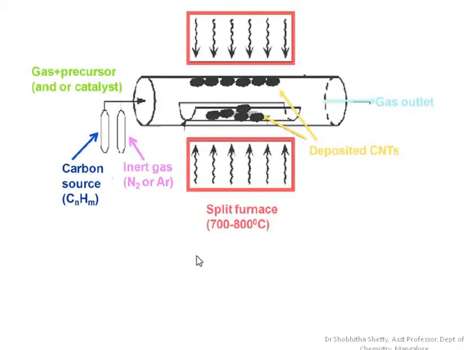So mainly here I specifically mentioned how carbon nanotubes are deposited inside the reactor chamber. Here the carbon source is sent through a carrier gas or inert gas. As you can see, usually hydrocarbons are used for the synthesis of carbon nanotubes. We can synthesize graphene also. So here the gas plus the precursor, or if the reaction requires any catalyst, that also we need to send through the gas inlet system.